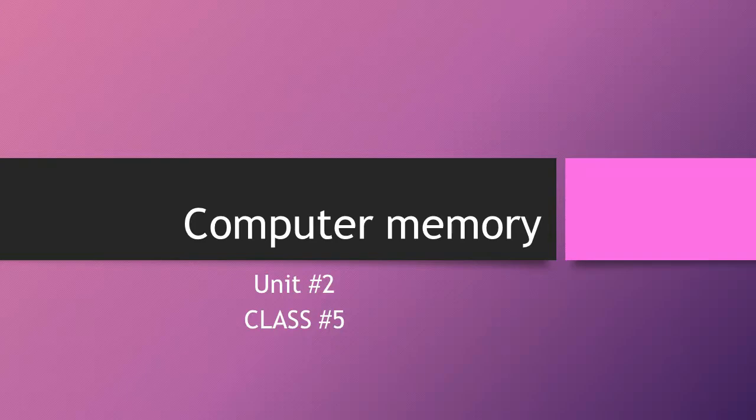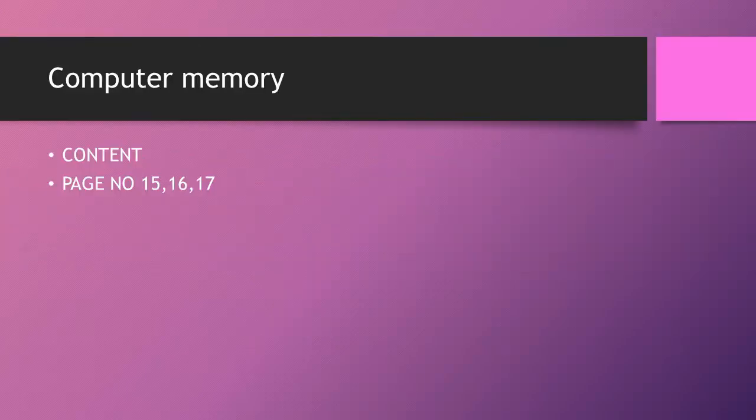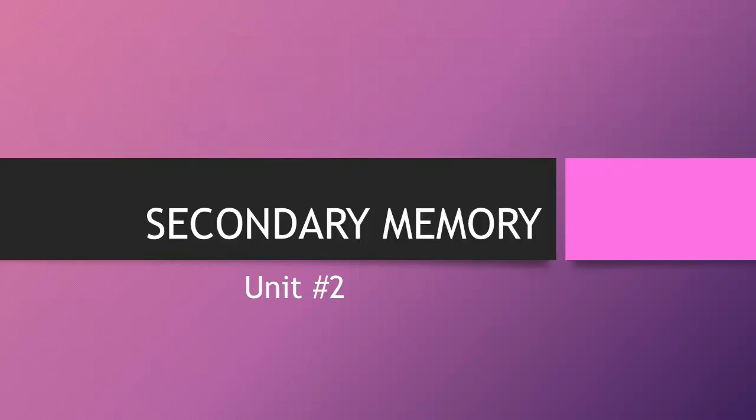In this video lesson, we are going to discuss Unit 2, Computer Memory, of Class 5. The content that we are going to cover in this class is page number 15, 16 and 17. Our topic is secondary memory. As we have already covered primary memory in our previous class, today we are going to discuss